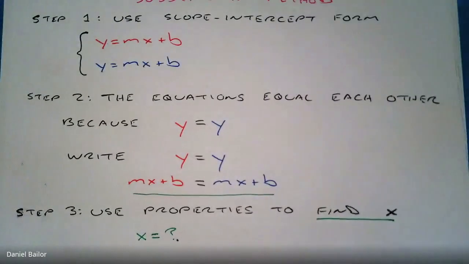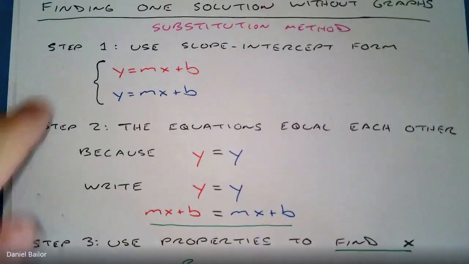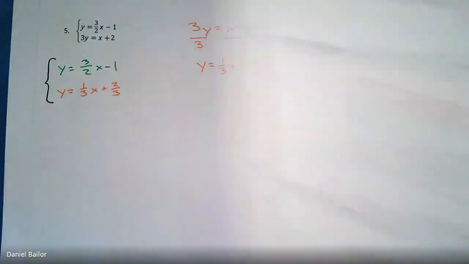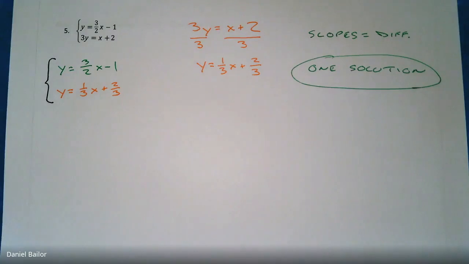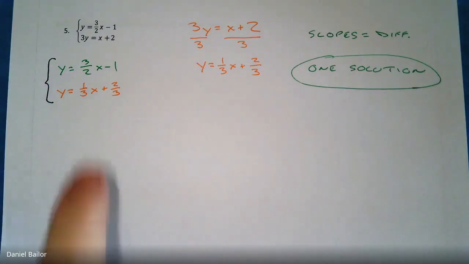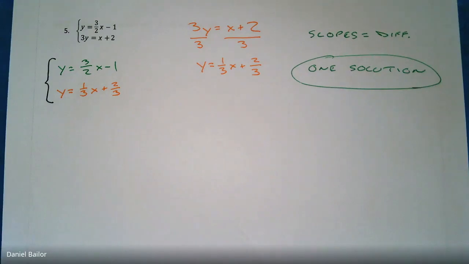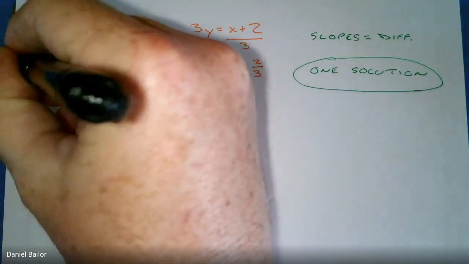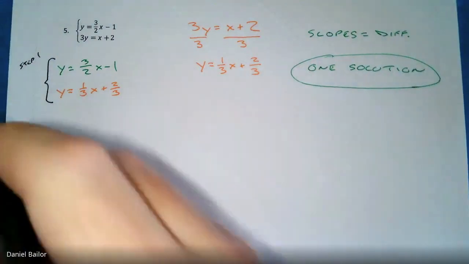The 5 steps. Now, luckily, we already did step 1. We have slope-intercept form right here. That's step 1. Step 2, remember. So I'll even label the steps for you. Here's step 1. Step 2,